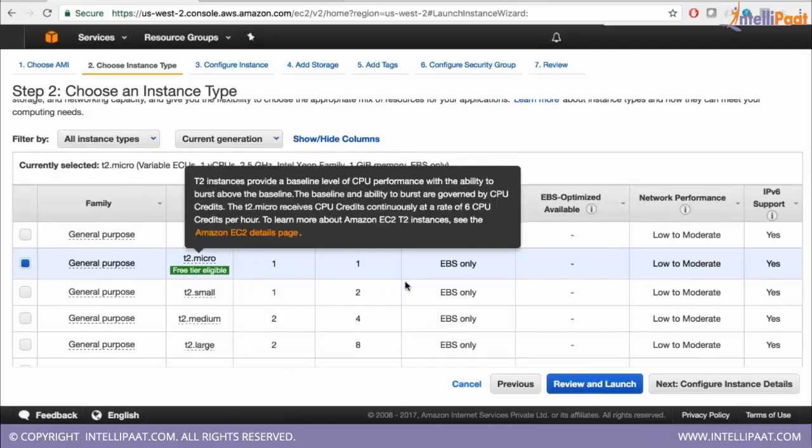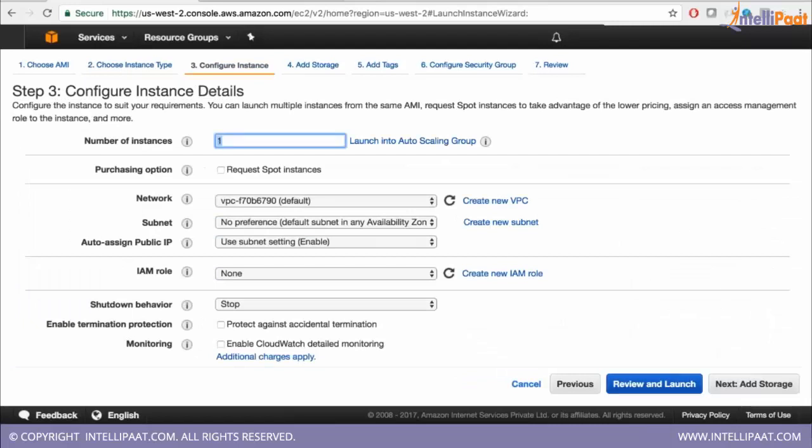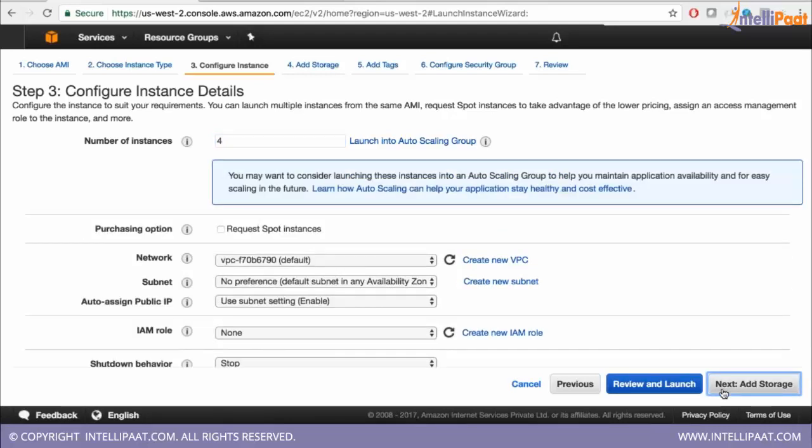You can take that and click next, configure instance details. Here, instead of 1, because you need 4 machines, you just change the number of instances, meaning the number of machines you want, to 4. No need to change anything else inside this. So just say next, add storage.